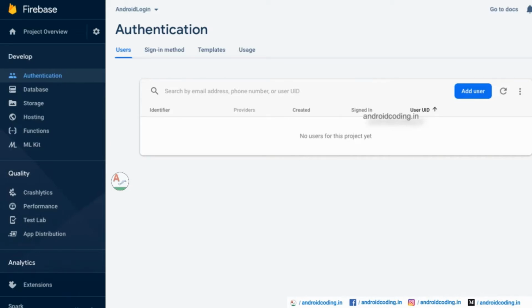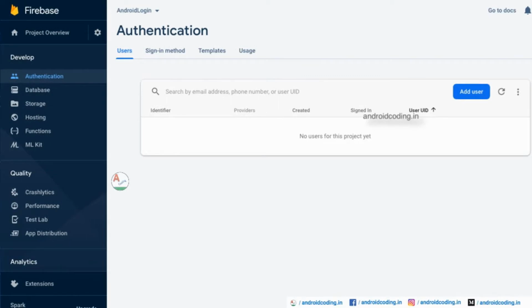So just log into your Firebase account, create a project over there, and after entering the package name and the project name, here we have given Android login, you might give your own project name, and then this screen will be displayed. And also a SHA-1 algorithm is required to provide. So you can see in the description there, I have provided how to make the SHA-1 also.